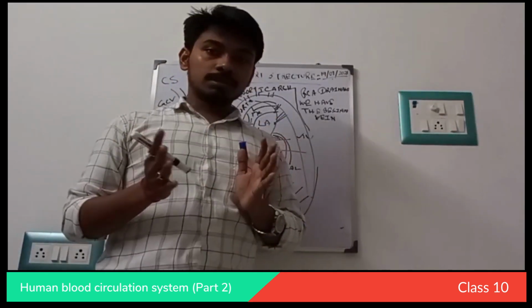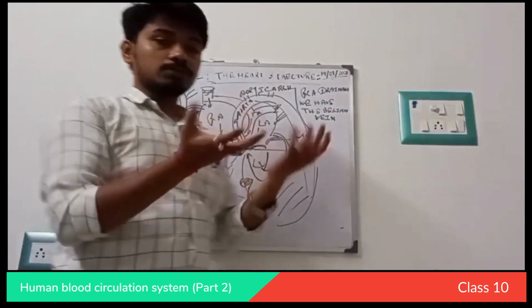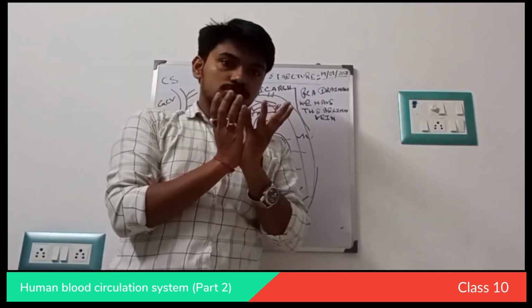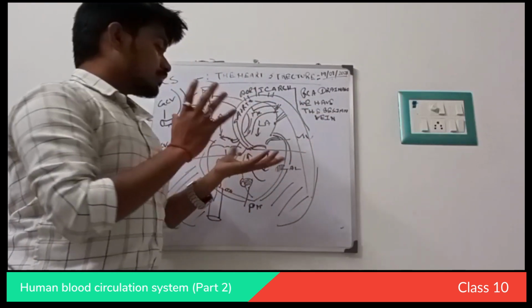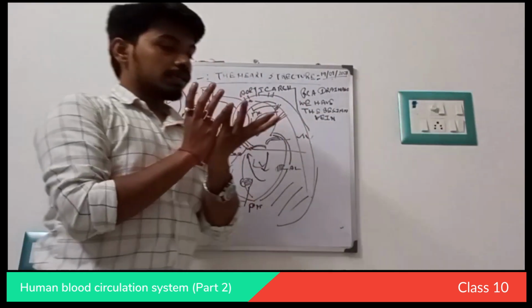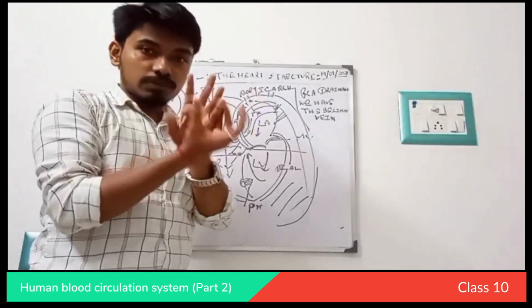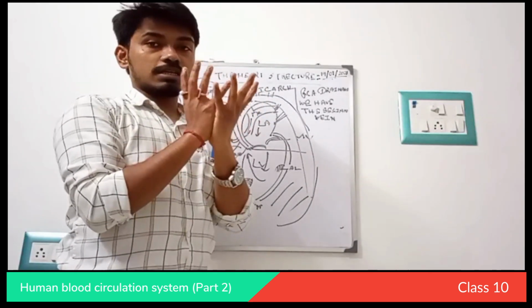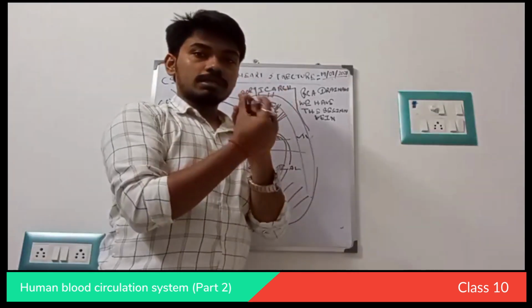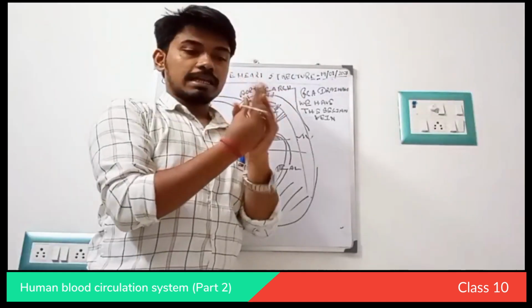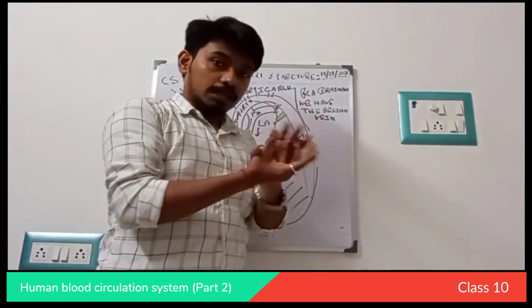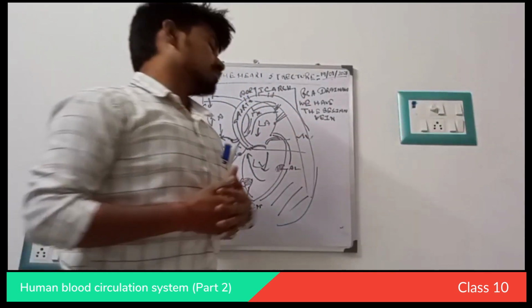So in the heart, if it is circulated in that way, by atrial contraction and ventricular contraction, it looks like a vortex movement. Vortex, it is like that. If you do that, it looks like that, which is the main functional movement and circulatory movement of the heart. So how, let me elaborate.